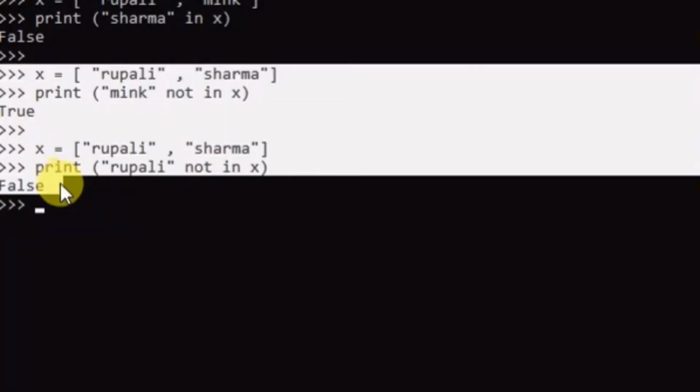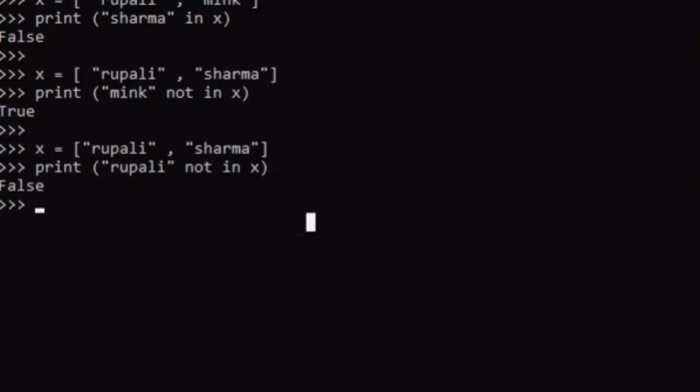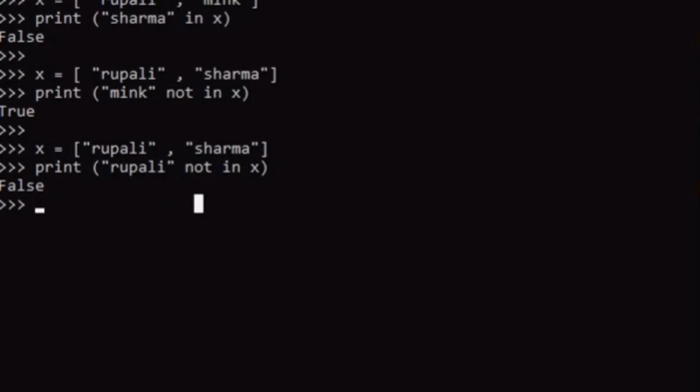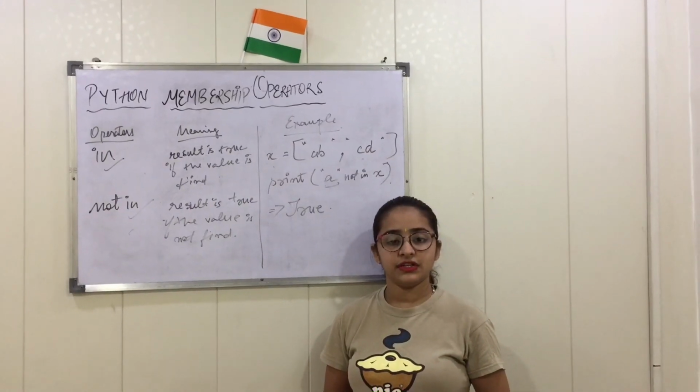So the answer is false because we found the value. In this way we can use the not in operator, and the membership operators in and not in.